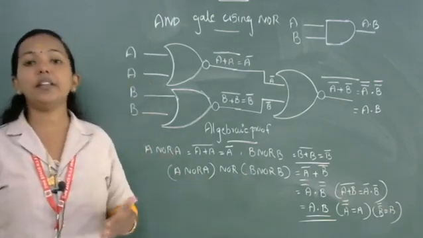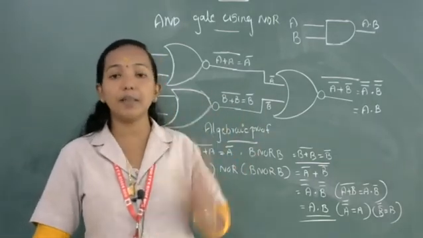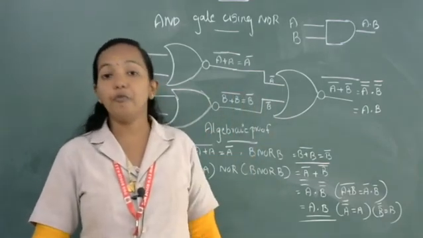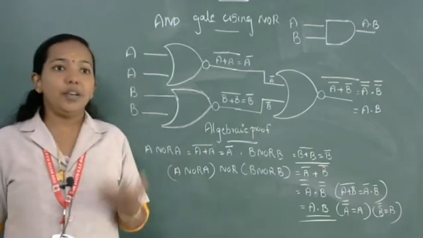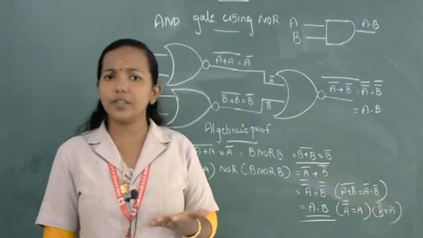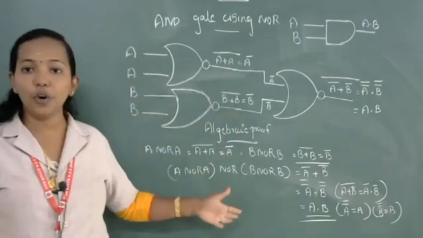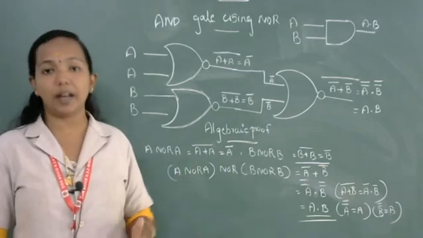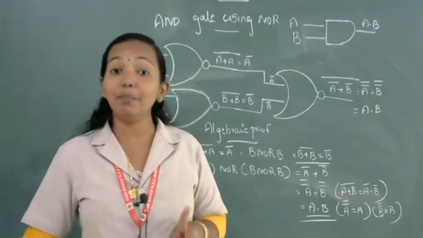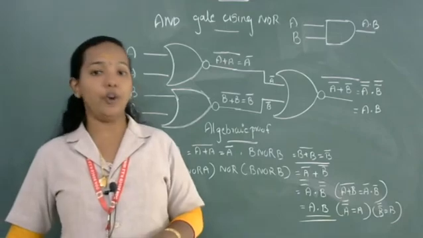Then definitely you want to write the example. Example means implementation of these three basic gates, where you write the circuit diagram and also the algebraic proof. Very, very important question. If you get this as a 3 mark question, the first sentence you write is only one sentence, for which you will get only half a mark. The remaining marks are for the implementation and also the algebraic proof. It's a very important question: the 2 universal gates and the implementation of them, NAND gate and also NOR gate.